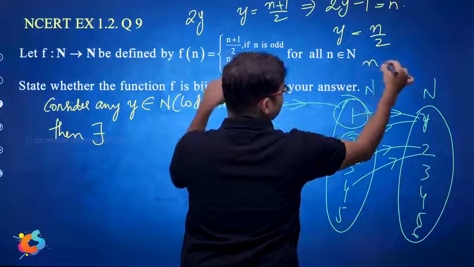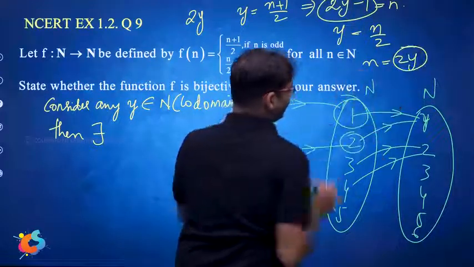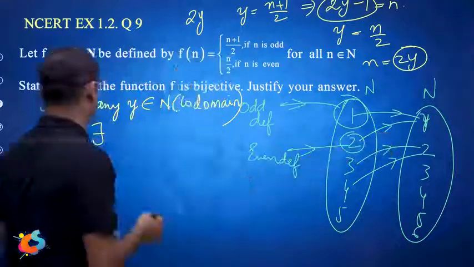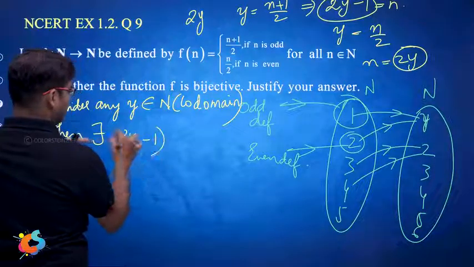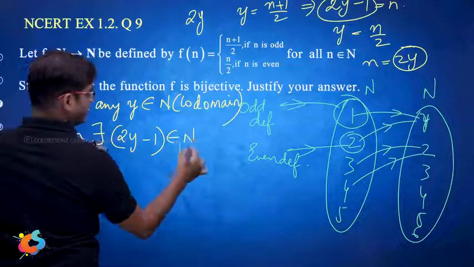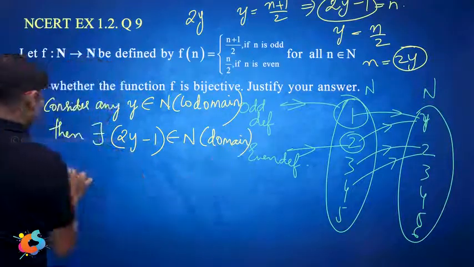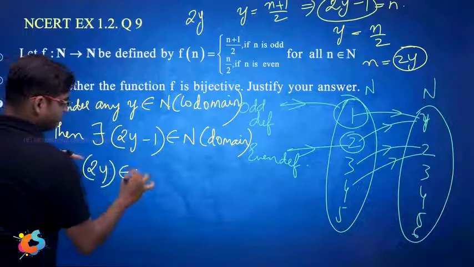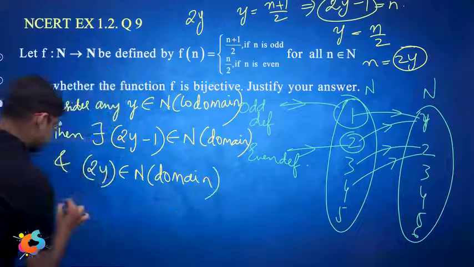Means n is equal to 2y. So we have 2y minus 1 and 2y. Both are there for y. That is what we have to show. So there exists 2y minus 1 belonging to n, which is our domain, and 2y belonging to n, which is our domain, such that